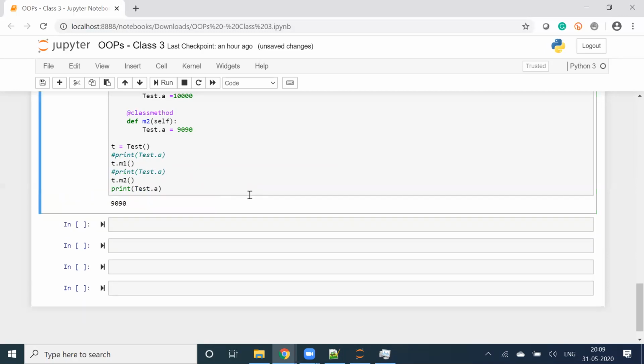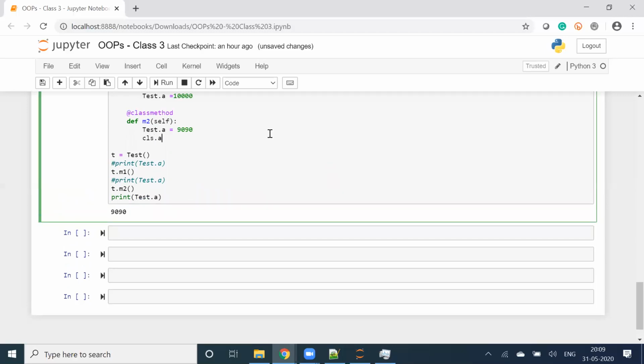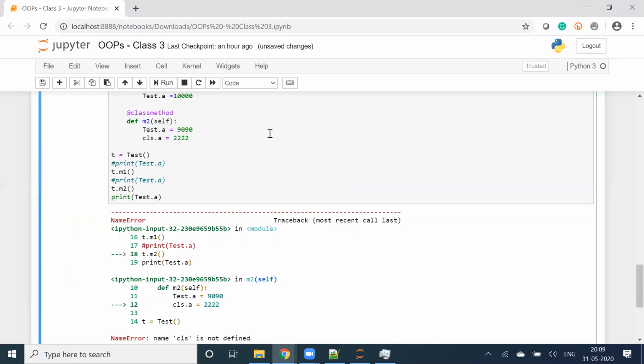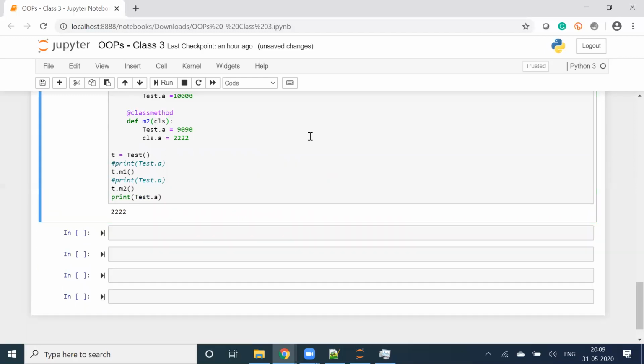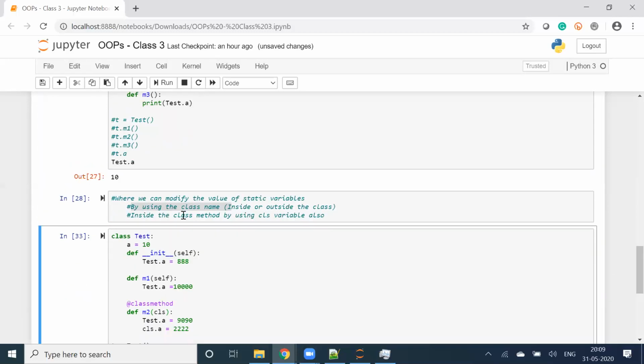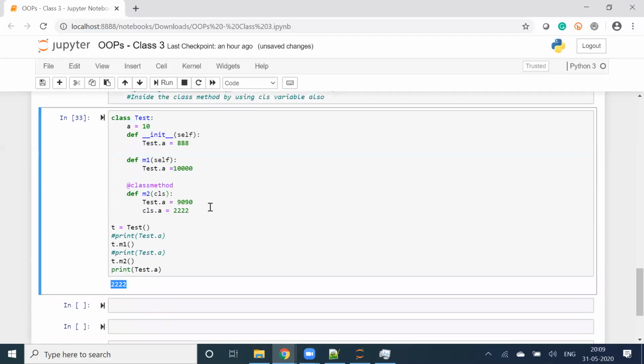Yes, looks good. CLS.a is equal to, my bad, CLS. So updating. This point looks valid: inside the class method by using the CLS variable. Perfect. Now can I do it in a static method also?